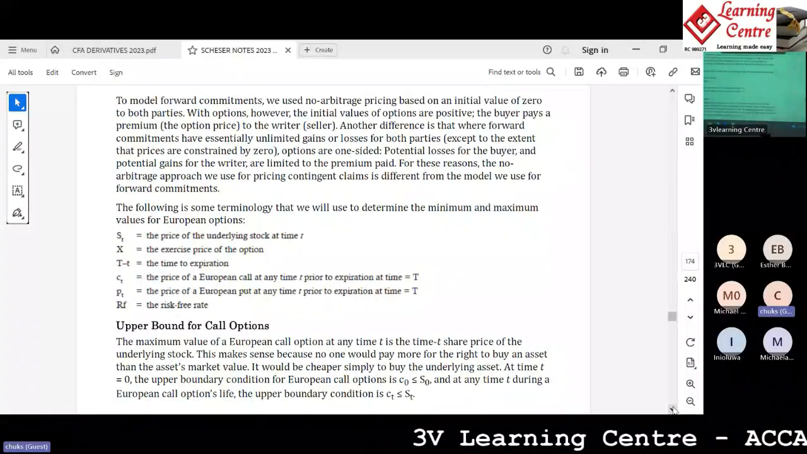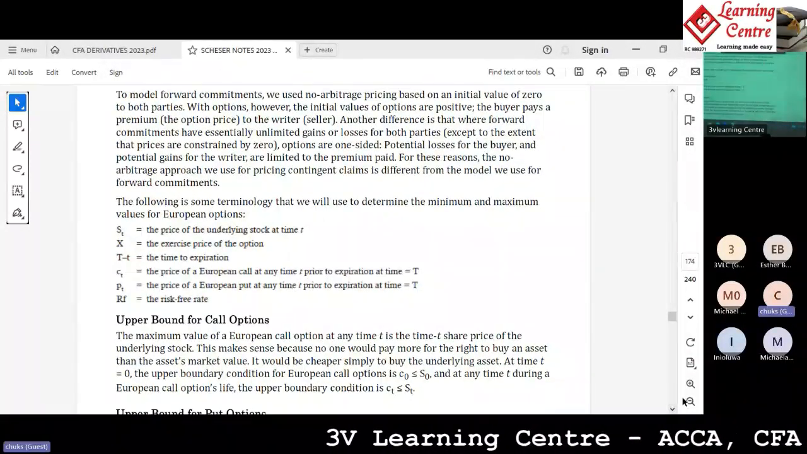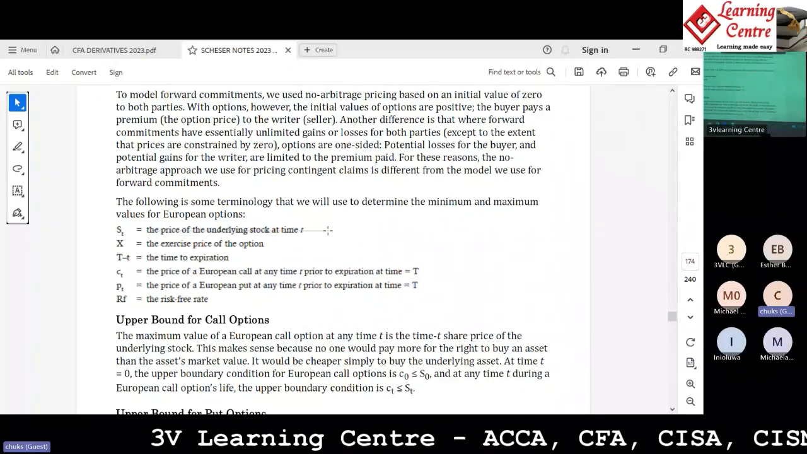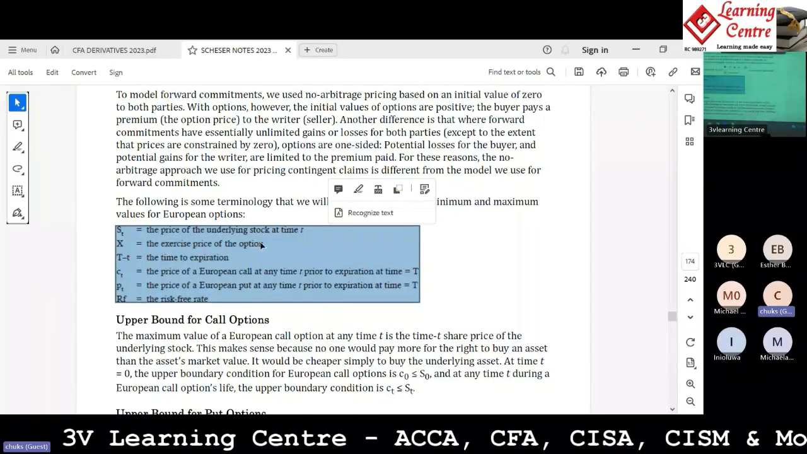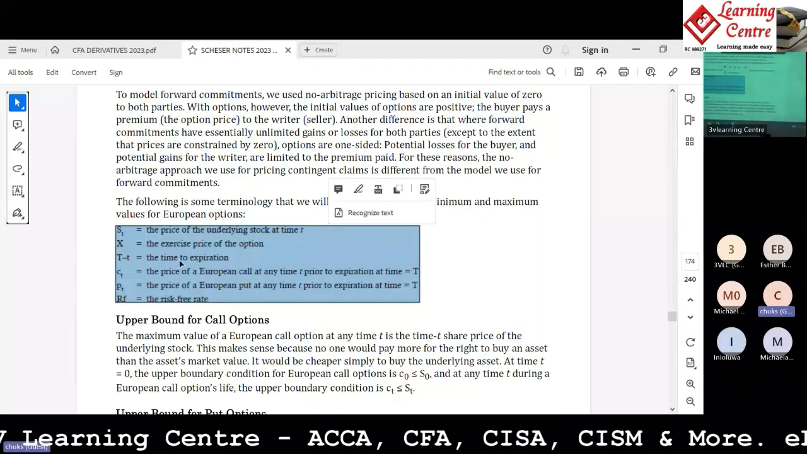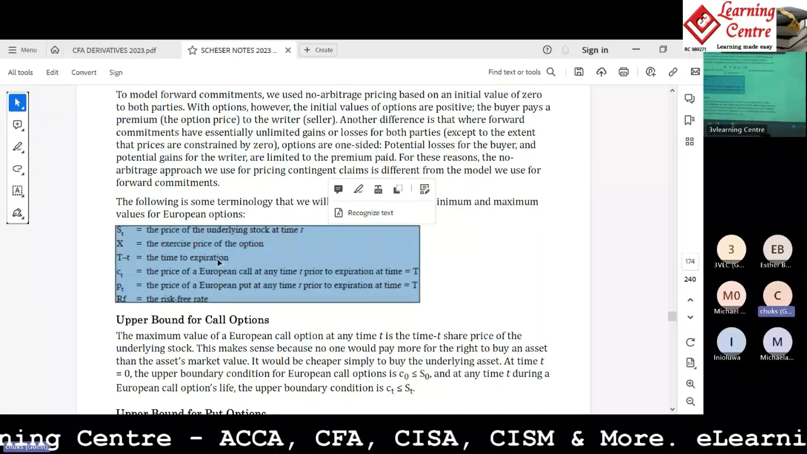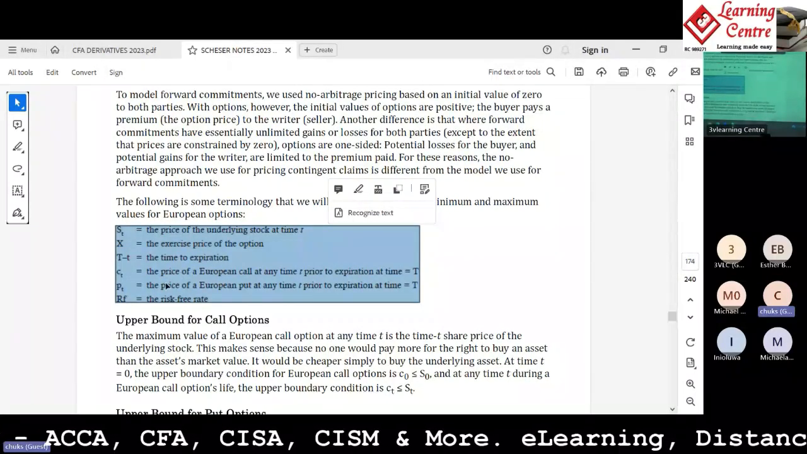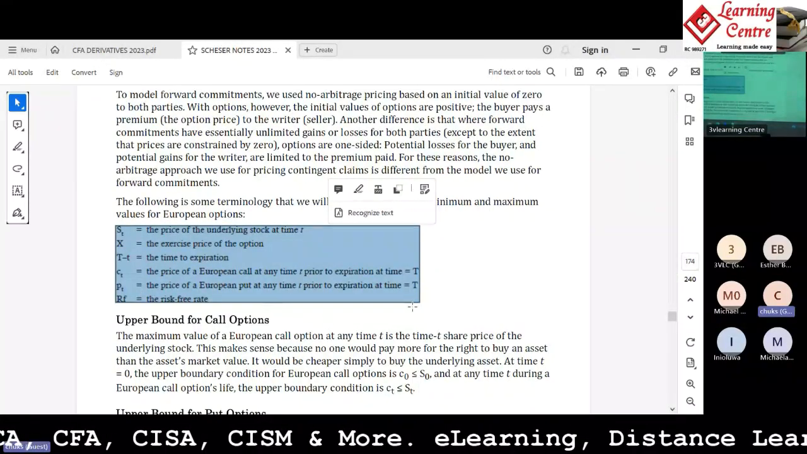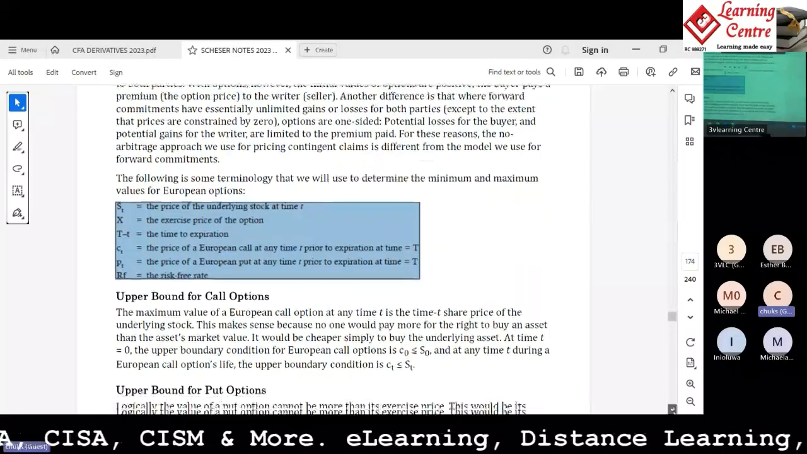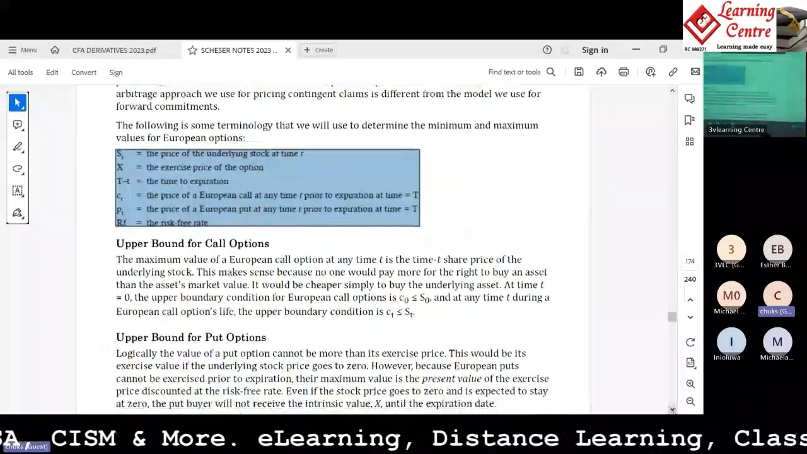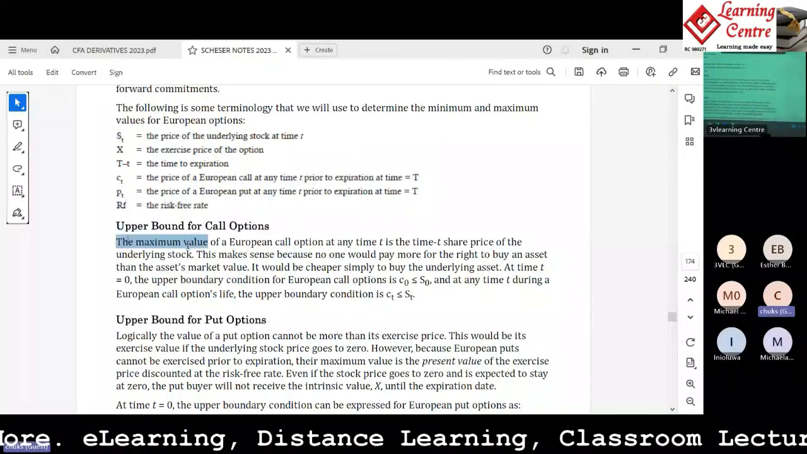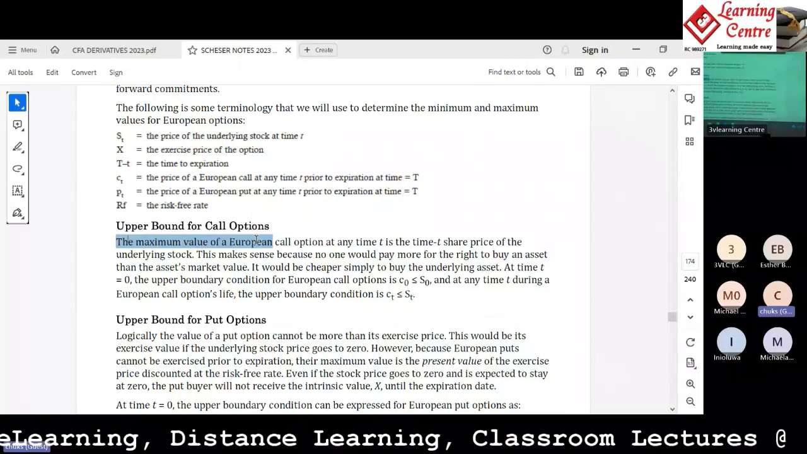So, upper bound for call options. The things we have to look at are ST, the price of the stock; the exercise price, which is X; the time to expiration, which is T; then the price of the call option, the price of the put option, and the risk-free rate. We've spoken about this before. So the upper bound for the call option: the maximum value of a European call option